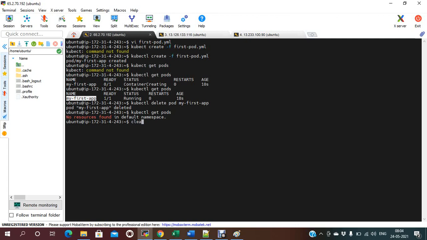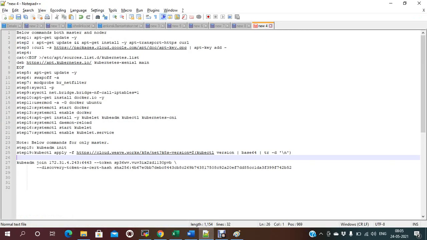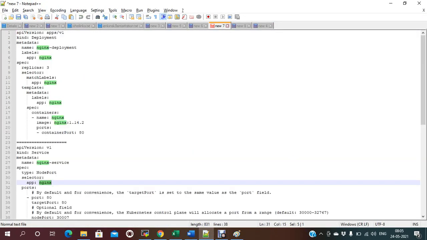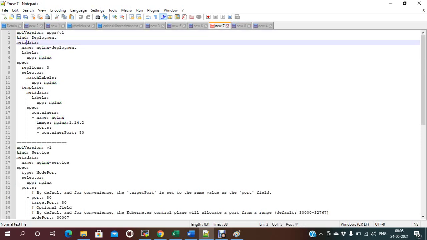Let me create a deployment, vi nginx-deployment. I already have a deployment file. This is the deployment file. Here are the API version, kind, and metadata.